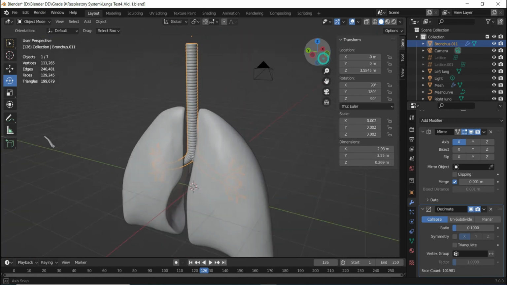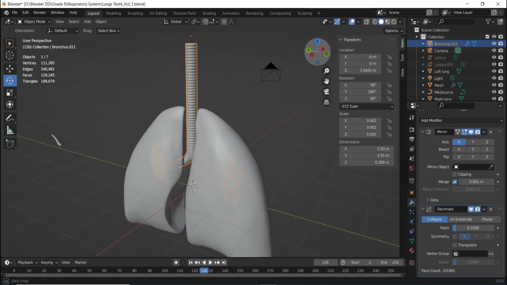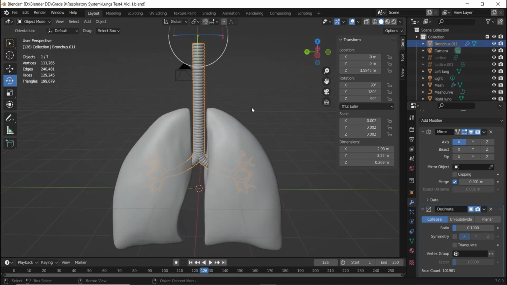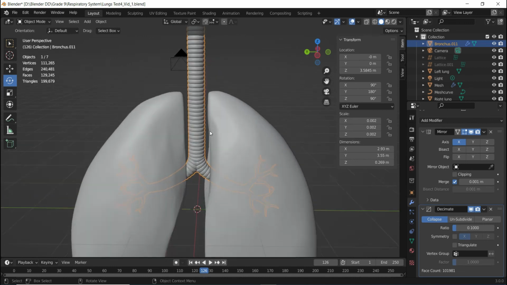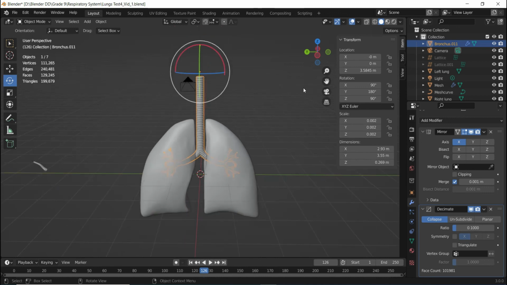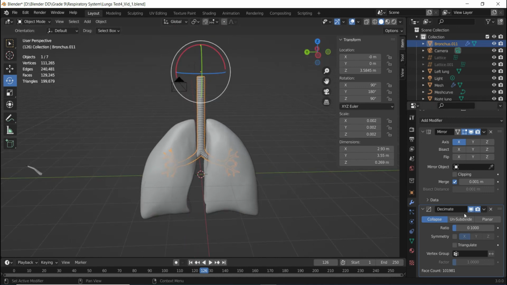If I zoom out a bit, we hardly can identify any difference over here. So I'm going to keep it like this. Of course, there are some other things we need to keep in mind to add details, but as of now, we can keep the modifier as it is. We will keep our file on the lighter side, work on it, and at the end, we'll see if it is required or not, and then we can apply or remove it.